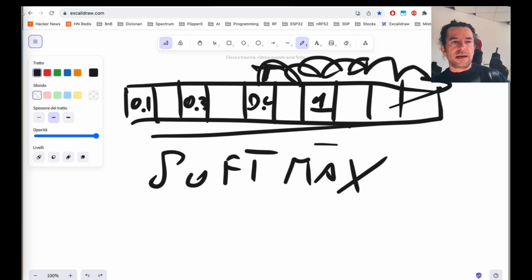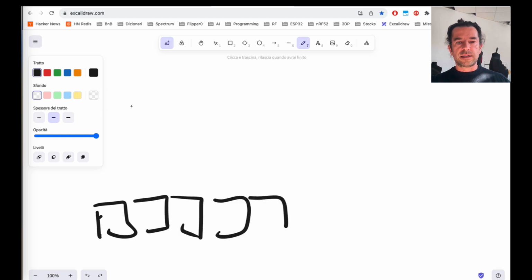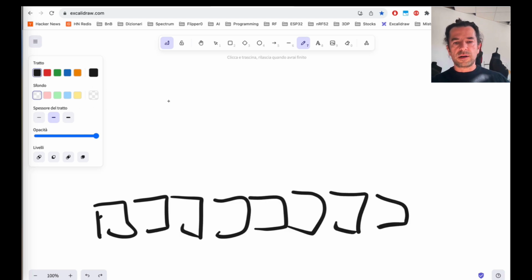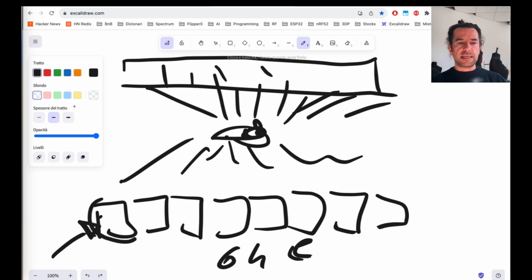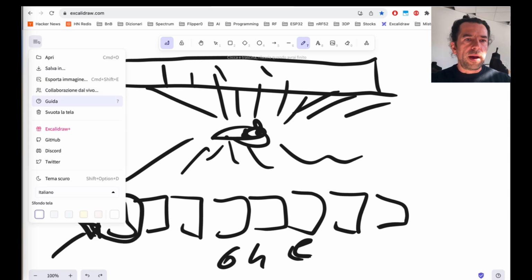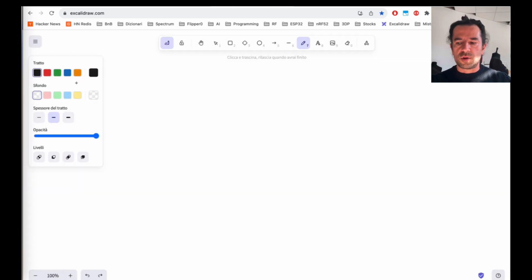Let's talk about the representations. We want our network to get as input the different characters in our block. I use a block of 64 characters. How do I represent a single character? One way is to use a one-hot encoding.